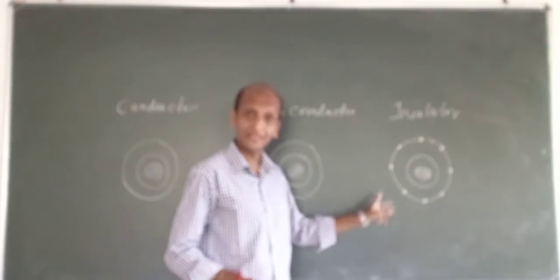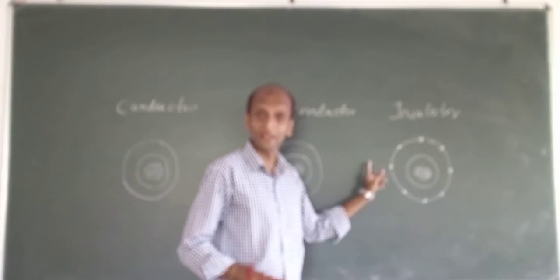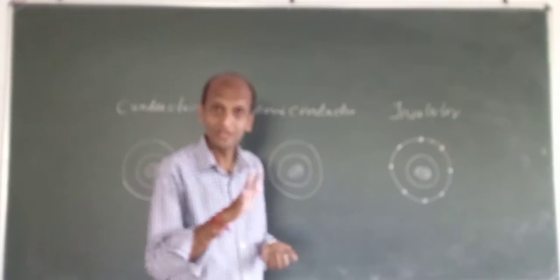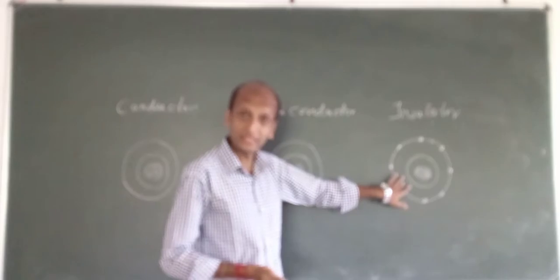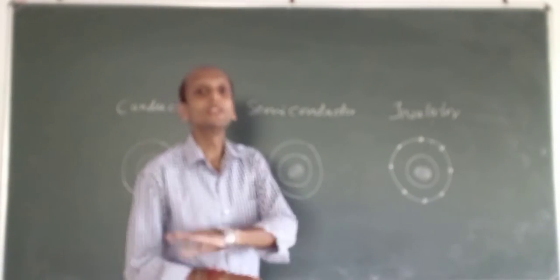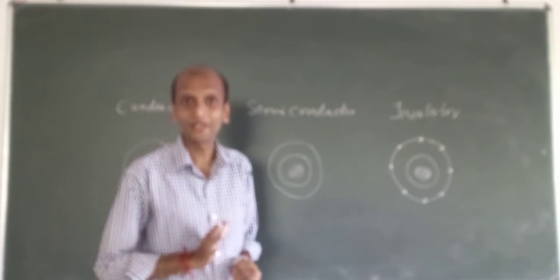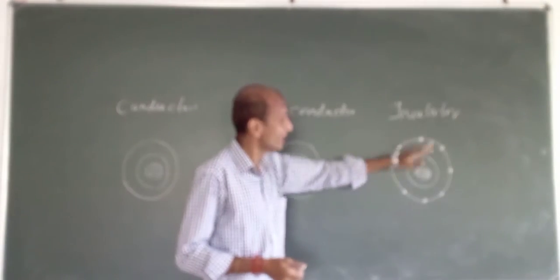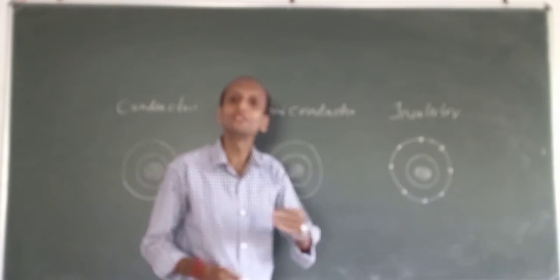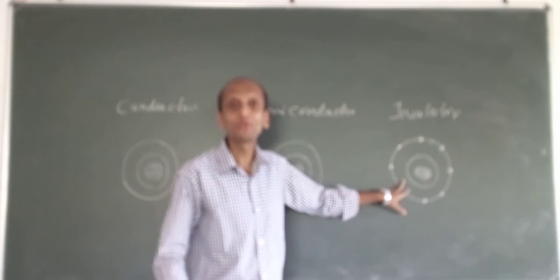Understood? So it is in that way the structure will be, and this is how all of the 8 electrons are full. That means what? In such material, when all the places are filled, no further conduction, no further flow of charges is happening. So the atomic structure of insulators will be so and so. That is why here the charges flow is not going to happen.